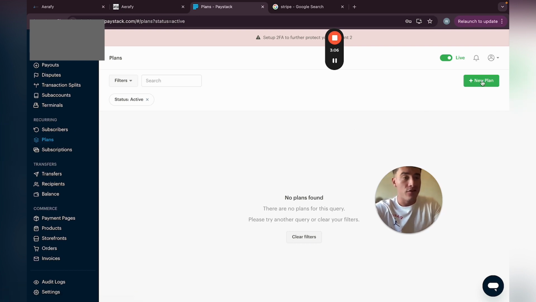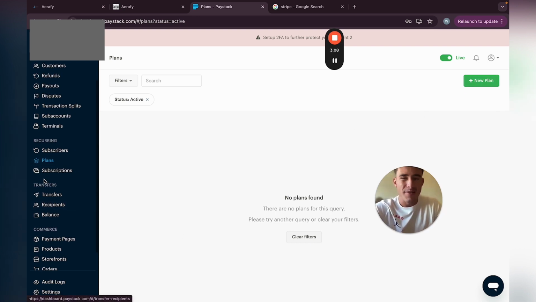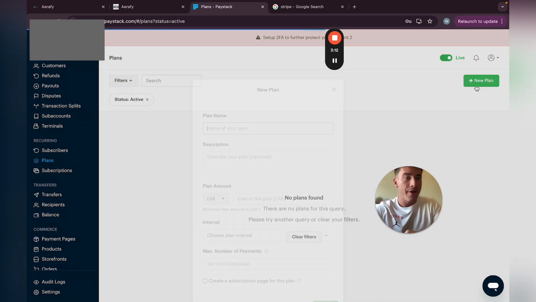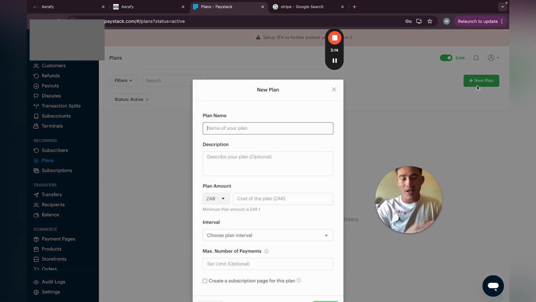A plan is basically a monthly retainer or a monthly plan. Just click on plan. You can have a custom one for every type of business. You can make one for every single business that you target. You can just have a standard one-size-fits-all plan. That's up to you. Let's just call it monthly